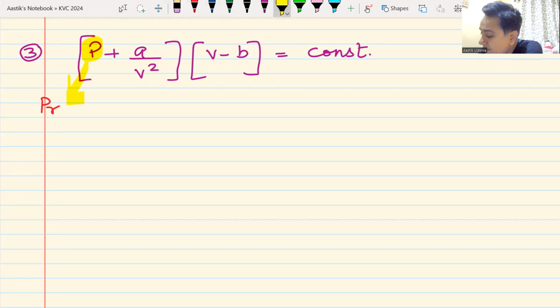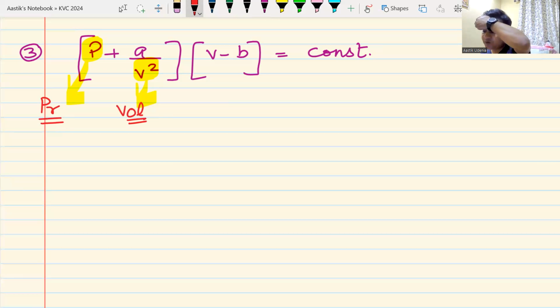What is V, my dear friend? I have told you that this is a gas law, so you must know what is V. What is V here? V is for volume. This is the van der Waals gas equation. You have pressures and volumes coming in. P stands for pressure, V stands for volume. Then there are two unknown quantities that you see here. What are those unknown quantities? One is A,